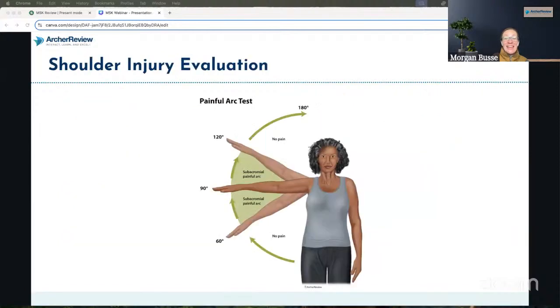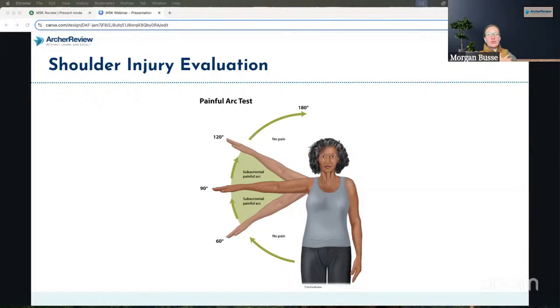We think of impingement using what is called the painful arc test. So if you think about this, you're thinking about some pressure that is being caused around that AC joint. And so what we do is we have the patient, again, good arm first, go ahead, no pain, and you just show them what you're having them do, which is reaching up over their head. And what a positive painful arc test is going to be is pain when we are putting the most pressure on the subacromial area. So if you think about it, when we get to about 60 to 120 degrees,